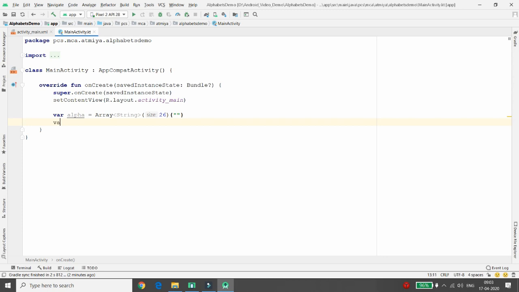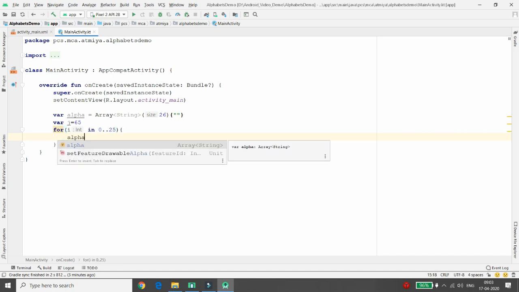Now you all know that the ASCII value of the capital letter A is 65, right? So I will increment the value of 65 in my loop. I'm declaring a variable for the loop. For i in, you can write the loop, for example 0 to 25. So my index will start from 0 up to 25. It means it will run 26 times.